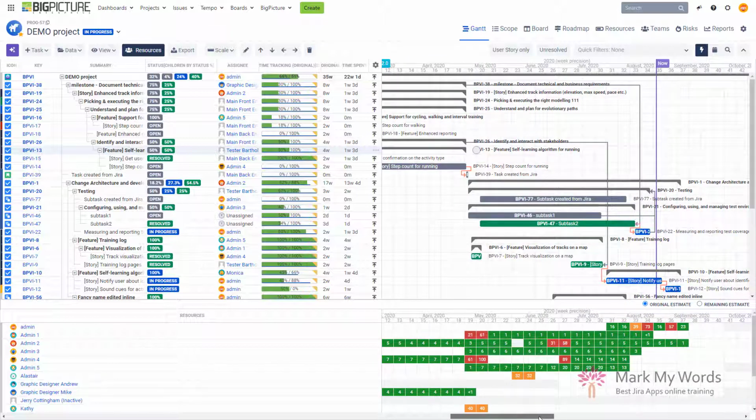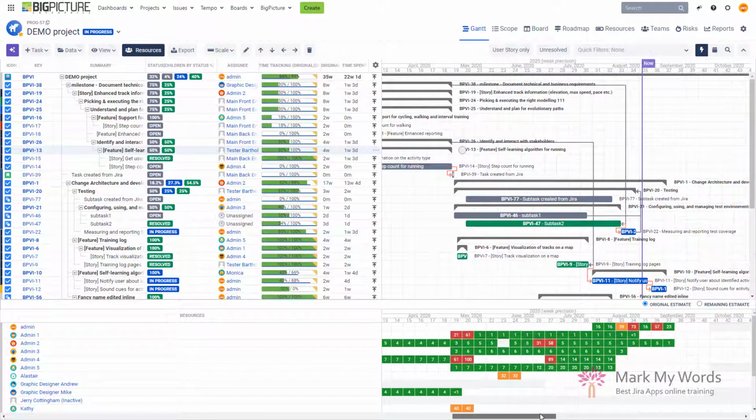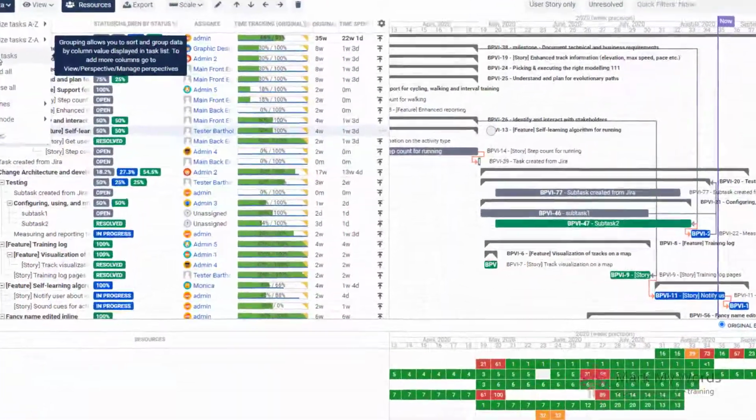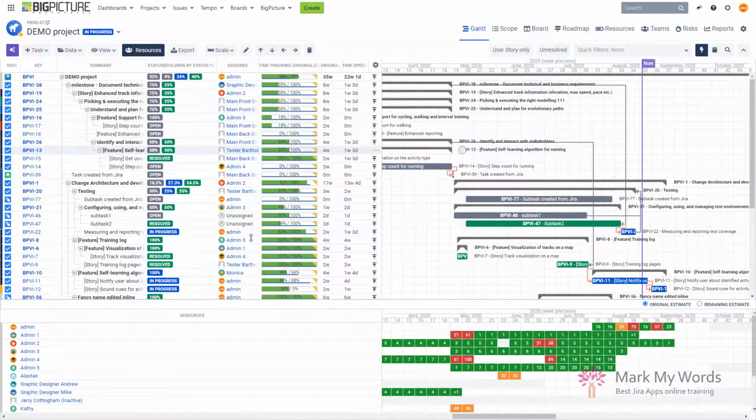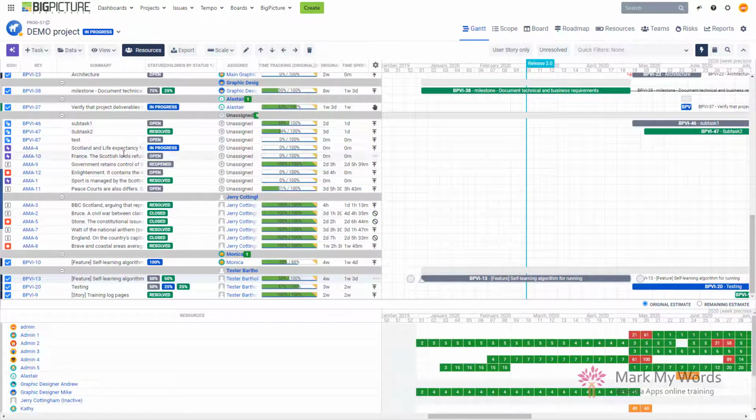And then I might want to try to solve some problems that I can see over here, right? So, for example, I see some red cells over here showing me that, well, who is it? It's admin 4. So admin 4 is overloaded with work, right? And now I'm wondering, what does he have assigned? What is he assigned to that causes this kind of a problem? And to find this, I can use grouping very easily. So I just go to group tasks and I say group the tasks by assignee. I say OK, and my whole view over here is being